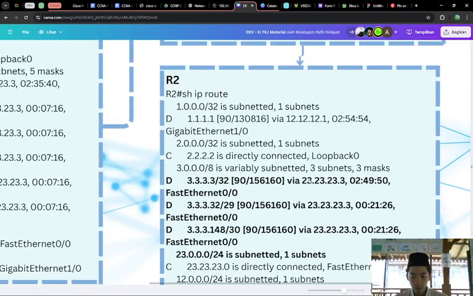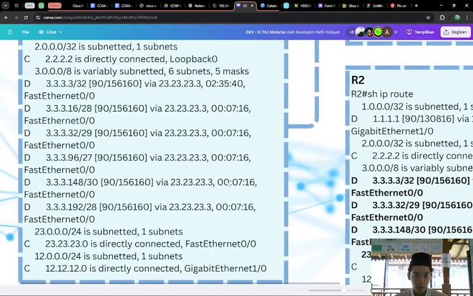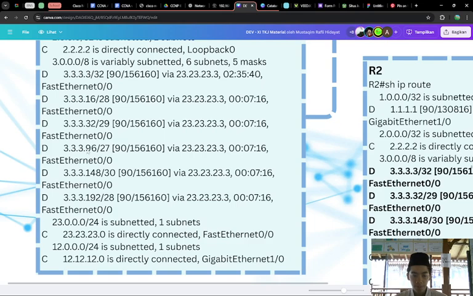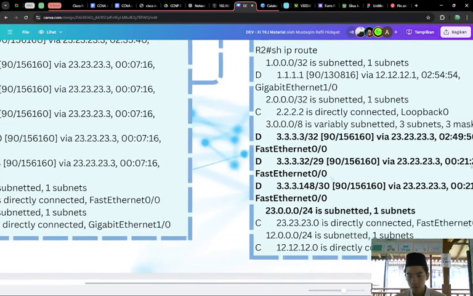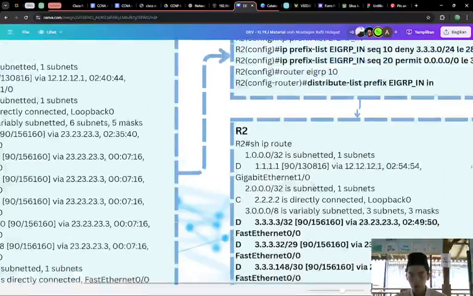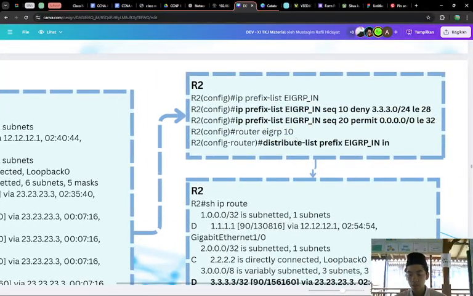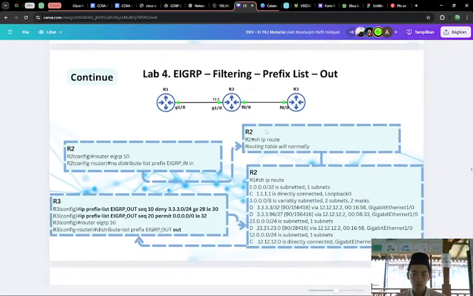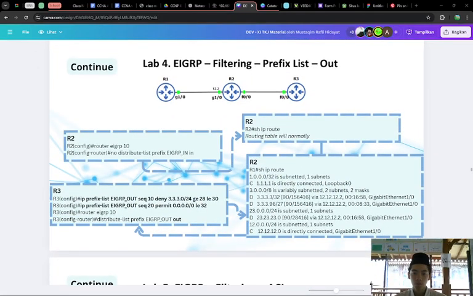So before there were some more 3.3.3 addresses, and they are filtered because they are using the prefix list in.